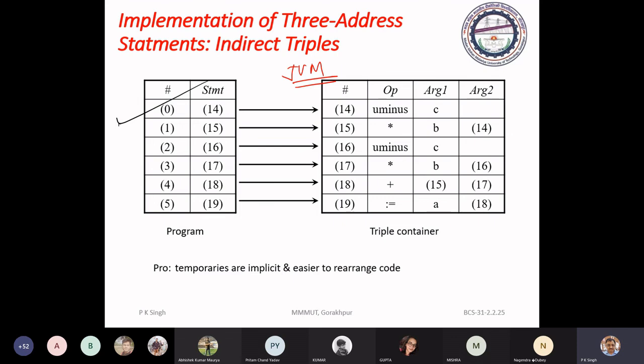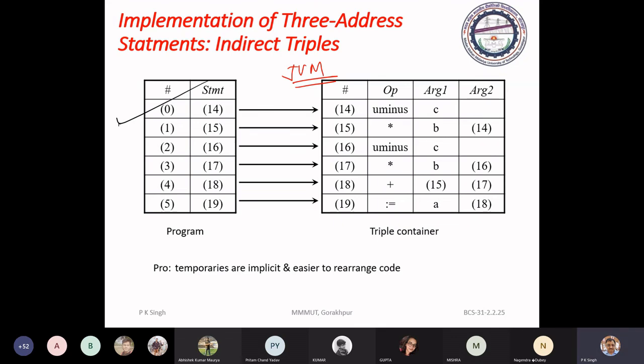We have done the entire analysis, lexical analysis, syntax analysis, semantic analysis, and using the syntax directed translation scheme we generate the intermediate form, which in Java is bytecode.